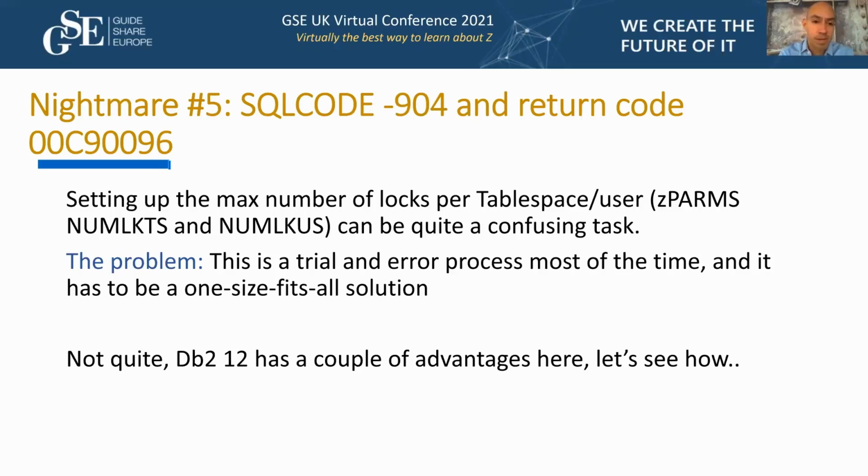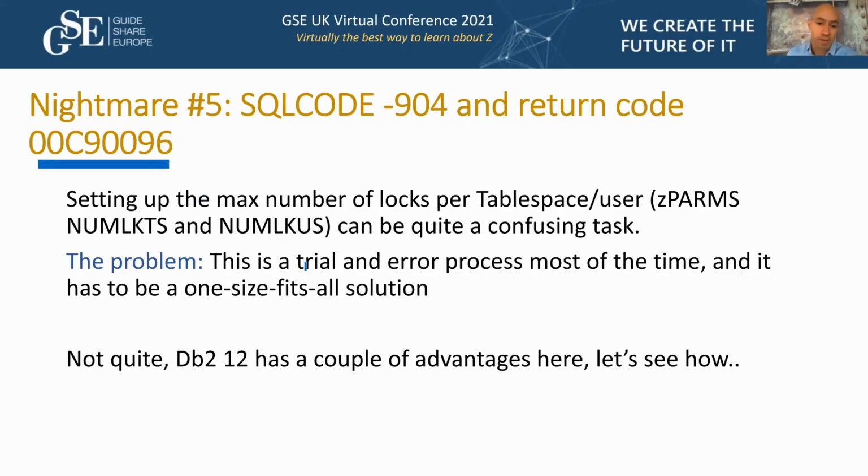It's more often than not trial and error. So, okay, I'm going to give you this number. Try. No, didn't work. Okay, and increase it again. No, it didn't work. And every time I change it, I have to go through a lot of paperwork because it is a change in the ZPARMs. So I might as well be sure that the value is the right one before actually going through the paperwork. How can I do that?